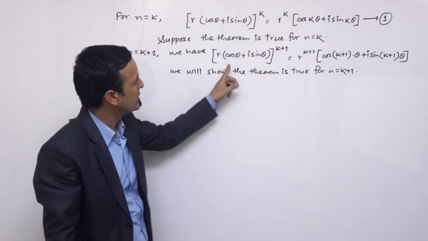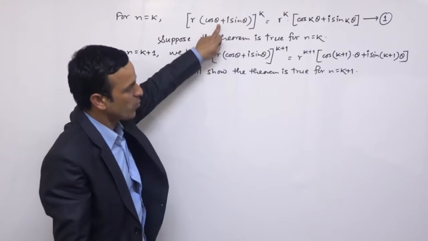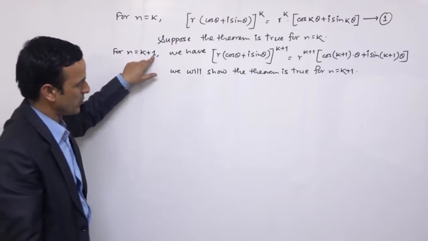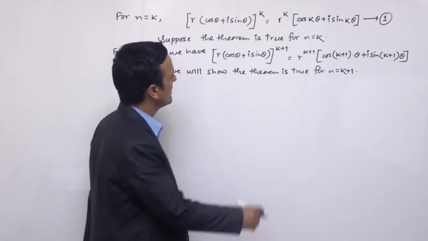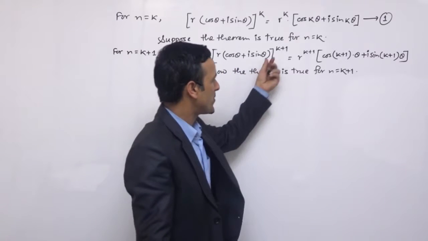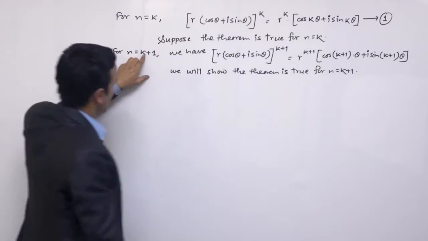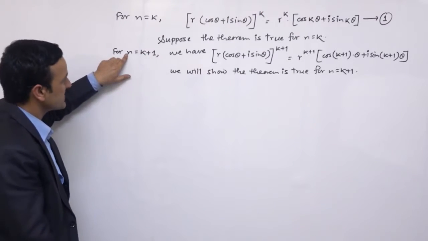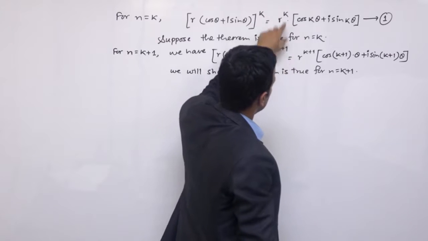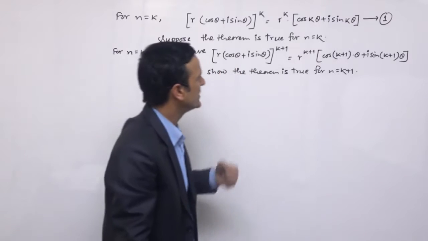Equation 1 को हेल्प लिएर हामीले यो इक्वेसनलाई अथवा यो थ्योरमलाई हामी ट्रू बनाउन खोजिरहेका छौं। इक्वेसन 1 को हेल्पबाट यदि यो थ्योरम ट्रू छ भने यसपछि आउने एक स्टेप बढीको हाम्रो स्टेटमेन्ट पनि ट्रू हुन्छ भनेर देखाउँदै छौं। सो अब हामी यो केस r times cos theta plus i sin theta को पावर k plus 1, r को पावर k plus 1 भनेको जहाँ जहाँ k छ त्यहाँ हामी अब k plus 1 राख्छौं, अथवा जहाँ n छ त्यो n को प्लेसमा हामी k plus 1 राख्छौं। त्यो अनुसार हामी यसलाई देखाउँछौं।